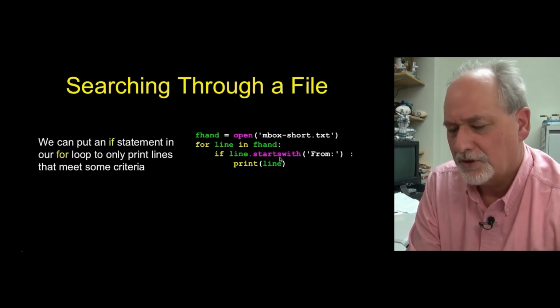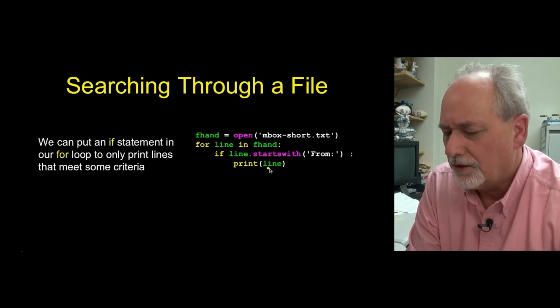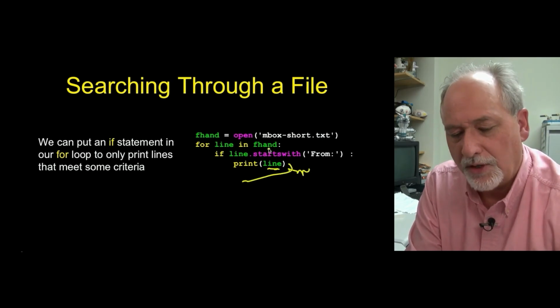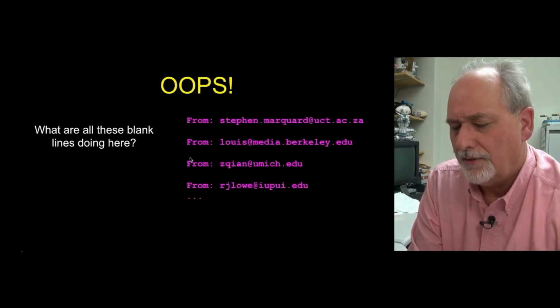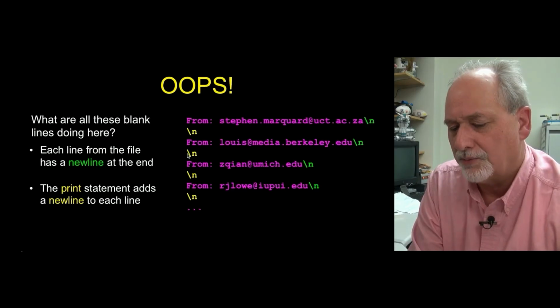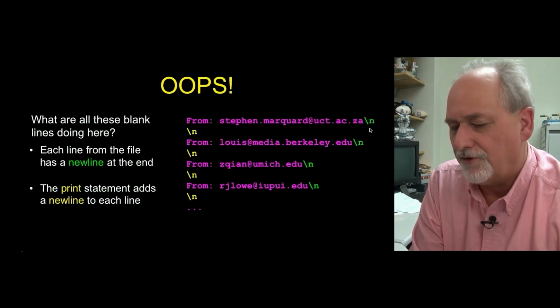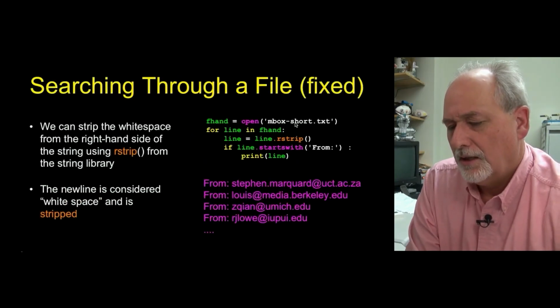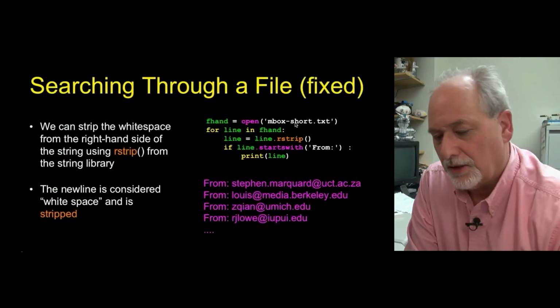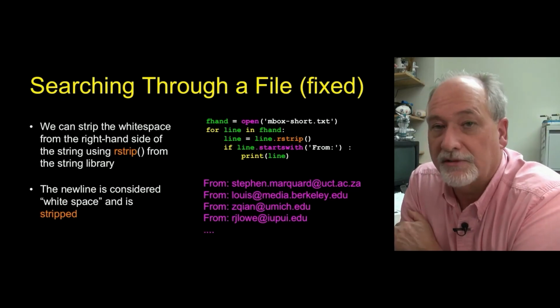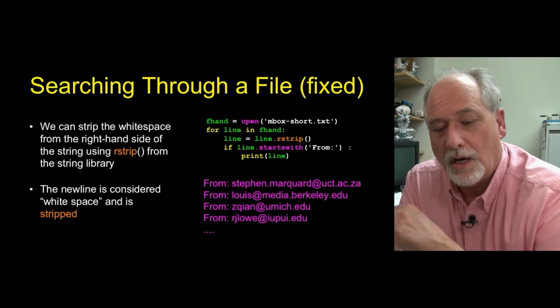Yeah, this is what I want to do. If we look at the code, there's a new line in here, and then the print adds another new line. True, so the print adds a separate new line. And that's how we get two new lines. The print statement's new line and the new line from the file. Here's how we fix it, and you're going to write this code a lot because when you're reading text files, you end up with a new line, and often you don't want the new line.